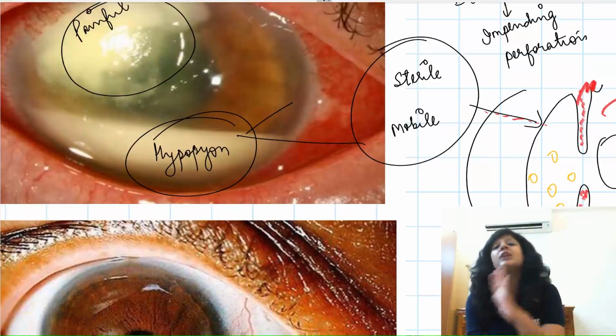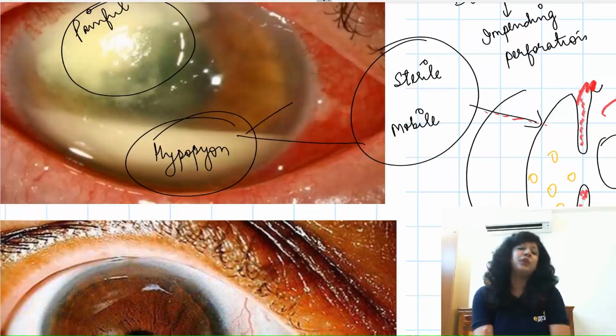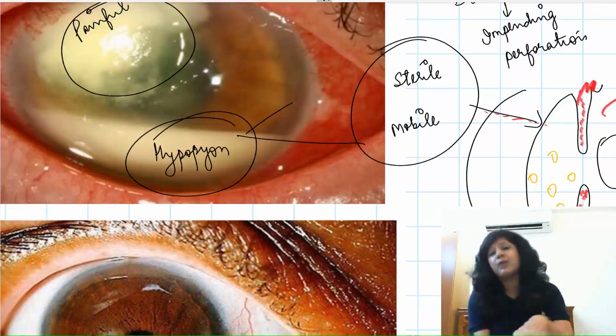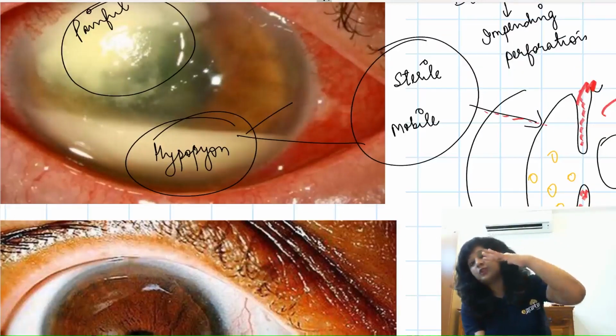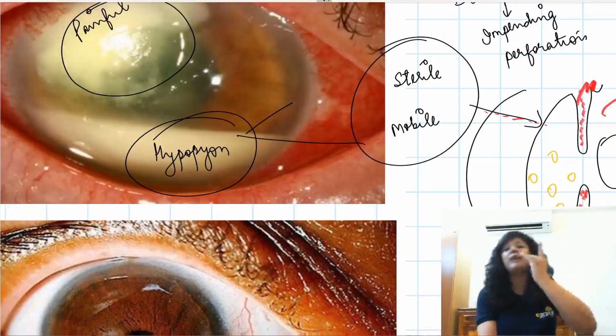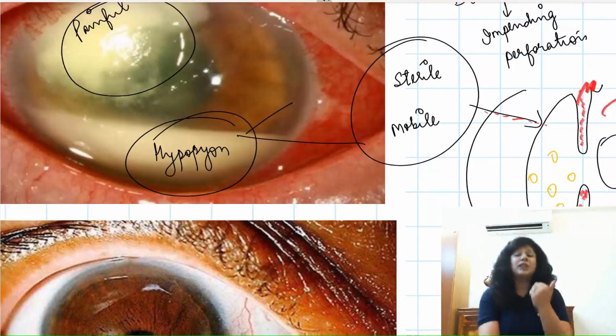Sterile means it does not contain any microorganism, and that is why the surgical dictum that pus anywhere in the body should be drained does not hold good for the bacterial hypopions. It is sterile, it does not have any invasion, so it is mobile. So if the patient is bending, the exudates will also bend to one side. When he comes back, it will come back again, falling down due to gravity. So these are very important things.